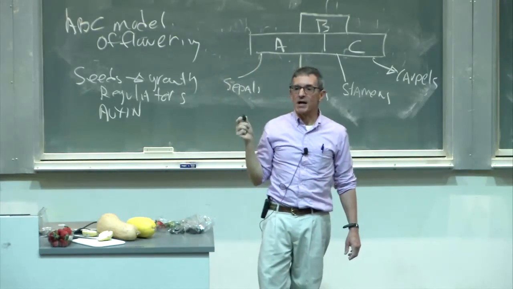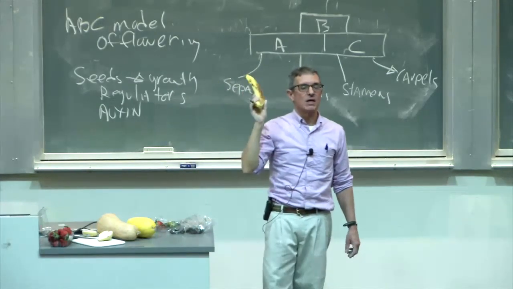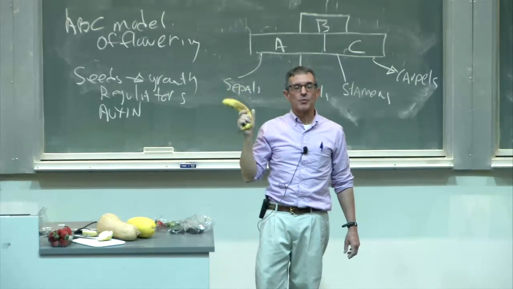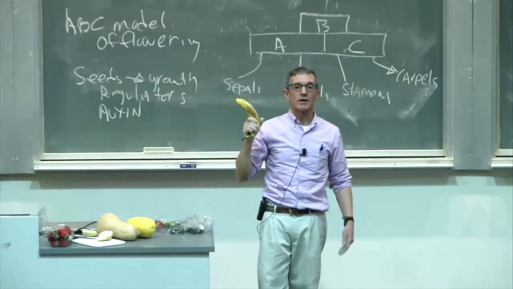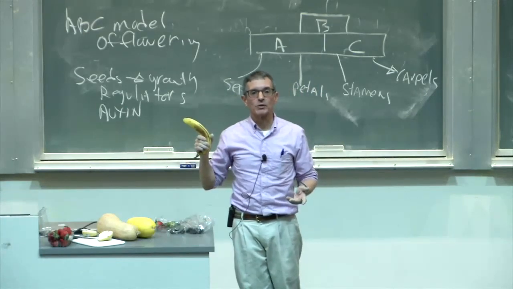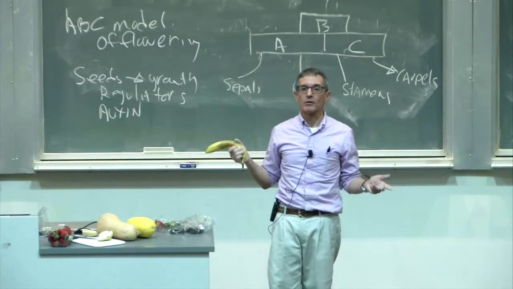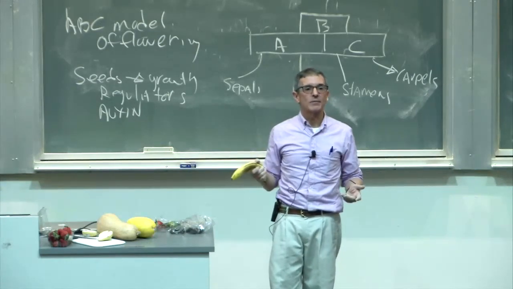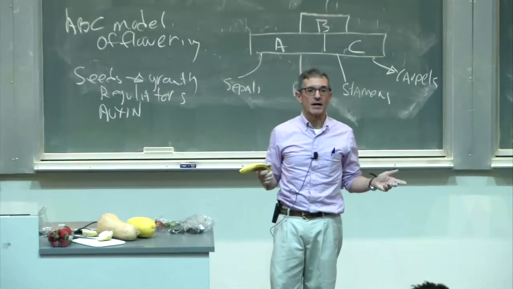You might ask, how do these plants then grow? How does a banana grow if it can't make seeds? And the answer is that bananas are propagated vegetatively. You just take a shoot off of it and you put it in the ground. The danger in that sort of approach is all of the bananas in a particular area, for example in Guatemala or Nicaragua, wherever they come from, are all of the same cultivar. And so if a disease comes through, it's going to wipe out the entire banana crop.